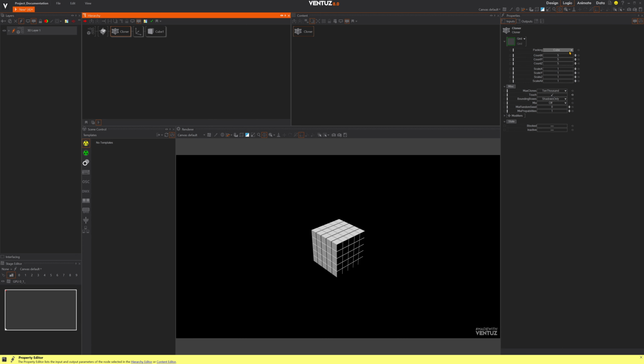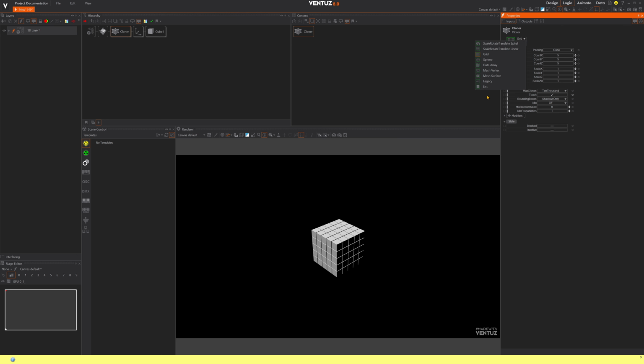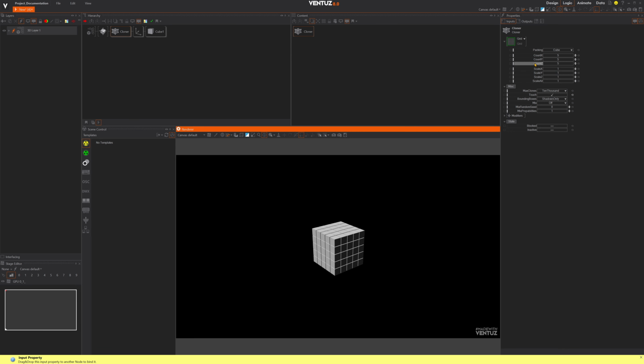And of course here you have different options for how you want to do it. I mean, this is not a tutorial about this cloner node. This is really just to show you these new features. Check it out on your own or wait until I make the new tutorial movie about this, which will also happen pretty soon. And of course, now we can put it here to, let's say, 20 by